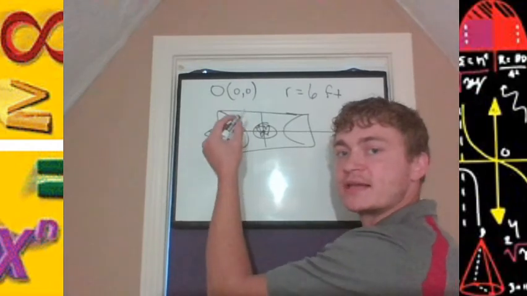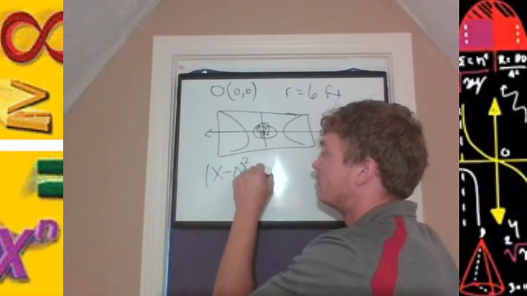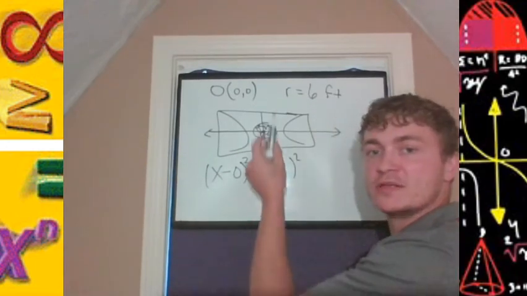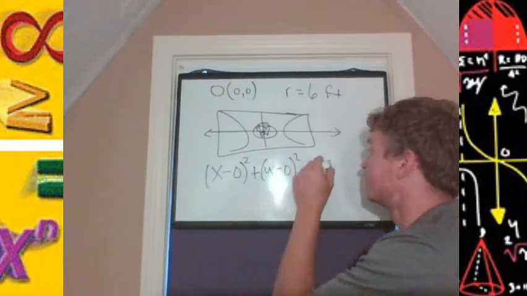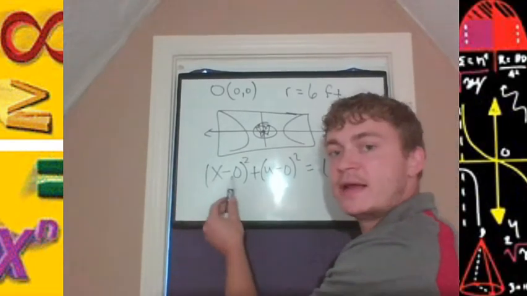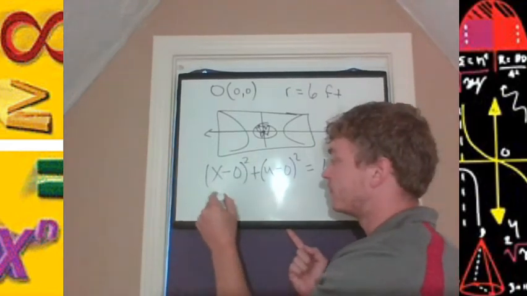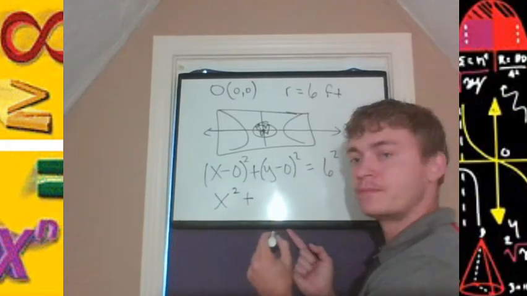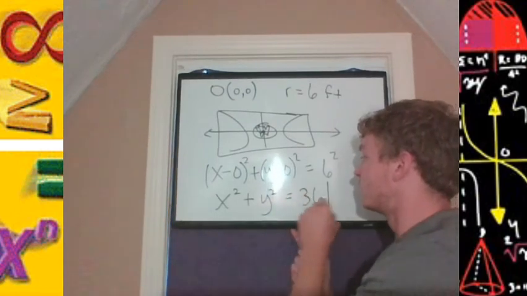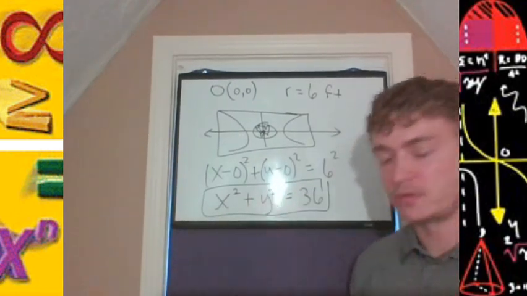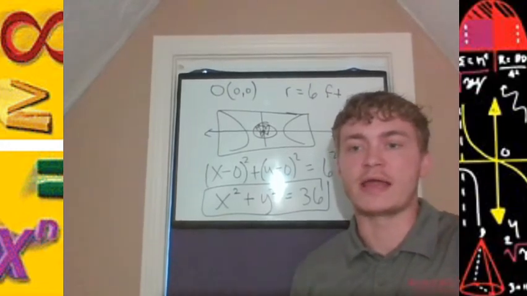squared, x minus the x coordinate is x minus 0 squared. Y minus k squared is y minus the y coordinate, and this equals r squared, 6 squared. Again, keep in mind, x minus 0 squared, if we're not subtracting anything from 0, we don't have to write this. We can just keep this as x squared. Same here. And now squaring the 6. So now we have this model, this equation that represents the circle at the half court